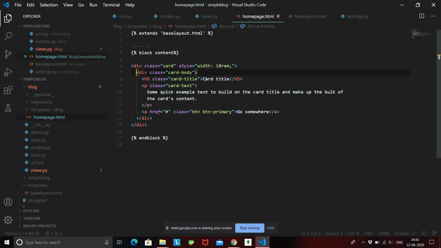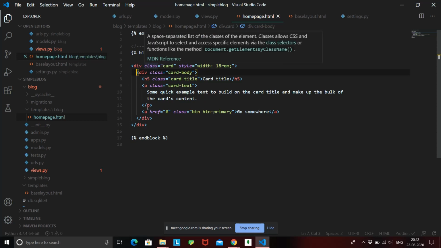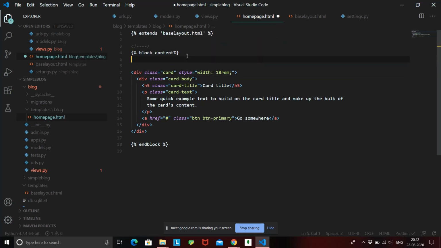The number of elements that we have inside our database, the number of blogs that we have, is the number of cards that we want to render. So how can we repeat this block again and again? By creating a for loop.